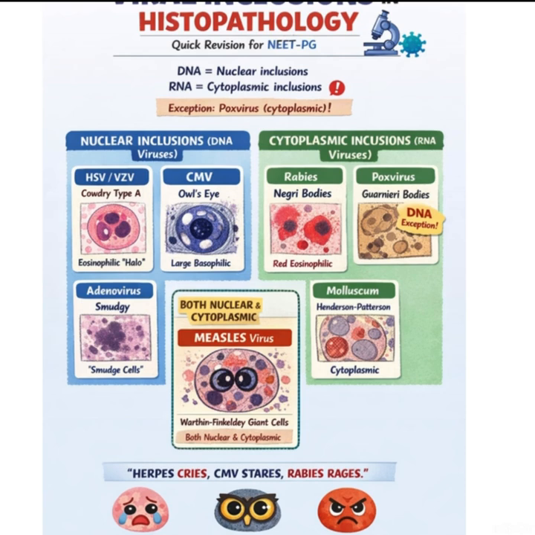So these are the nuclear inclusions. What are the common mnemonics and what do those mnemonics tell you? Which are the important histopathological features that you must look out for? Measles shows both nuclear as well as cytoplasmic inclusions, as we have discussed. So as a quick mnemonic or a quick tip for exams, you can remember this: Herpes usually cries because Cowdry type A. CMV stares because of owl's eye inclusions, and rabies, Negri bodies, it usually